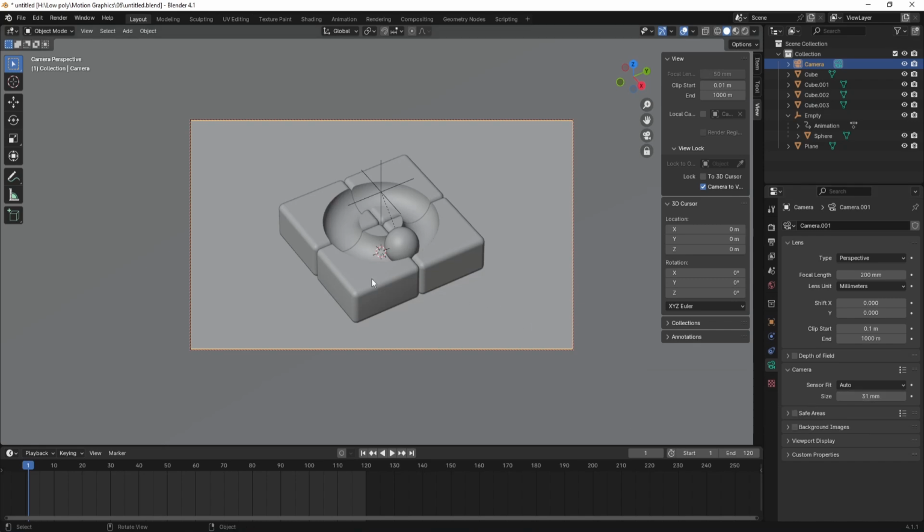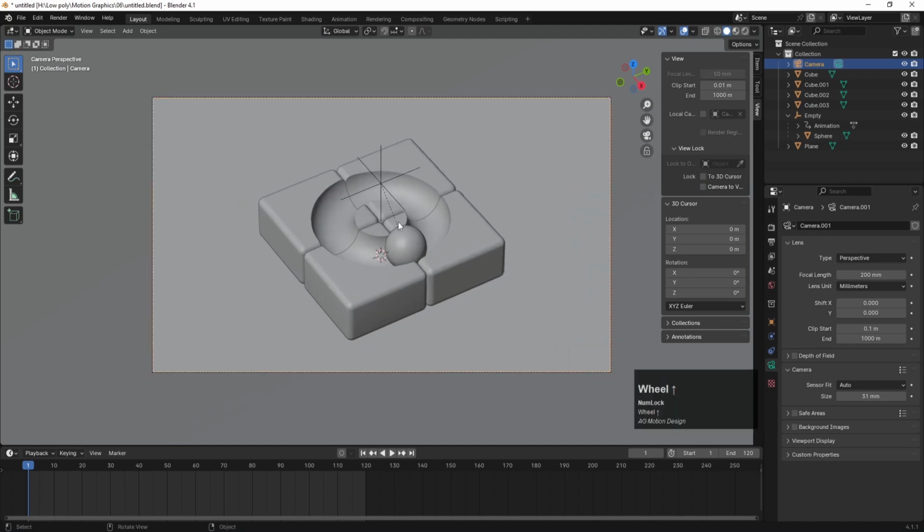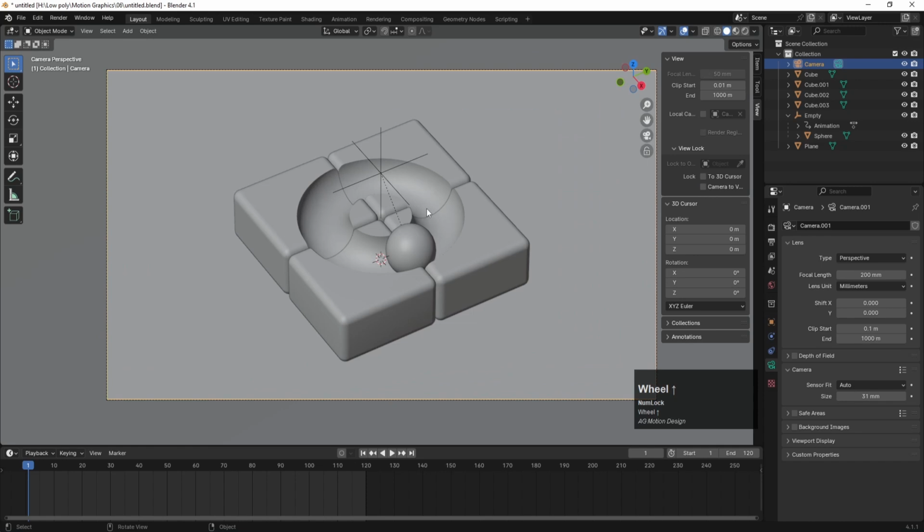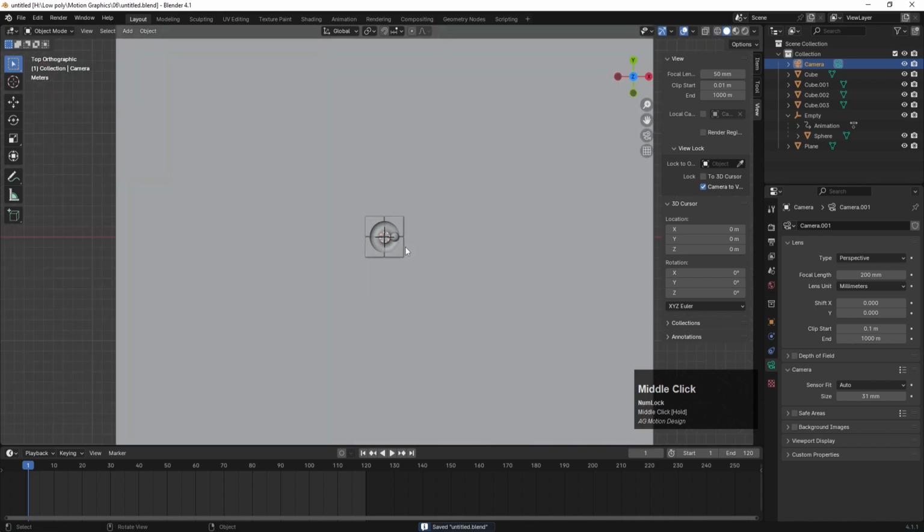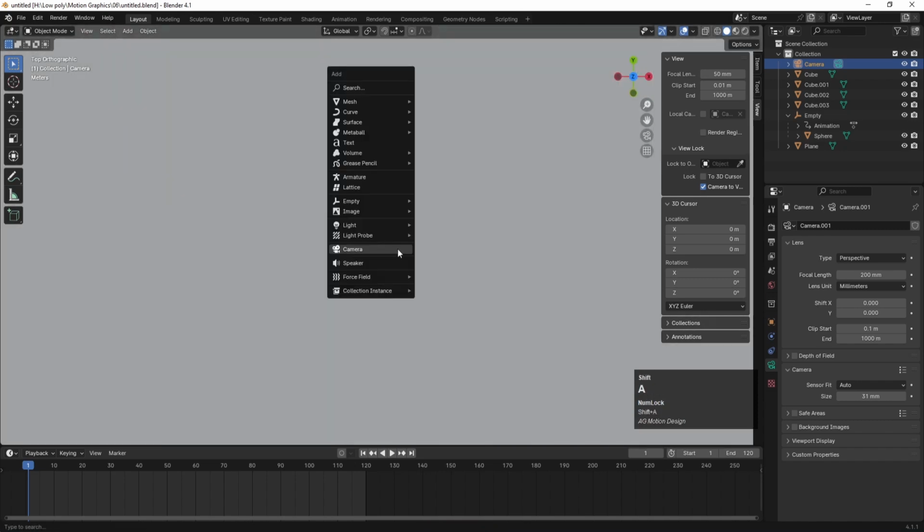Now we need to adjust the position of our animations, so let's try to do that. Let's unlink this, zoom in over here like this, and let's enable this and let's save this file. Now let's go out of this camera view and now go to the top view, and press shift A, and